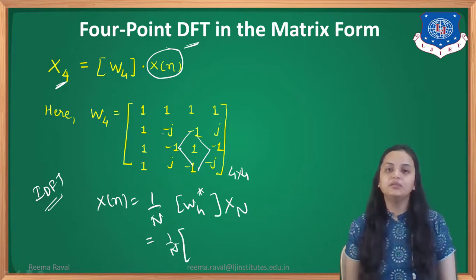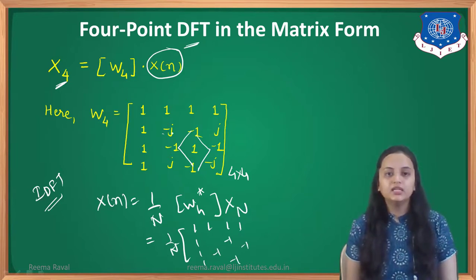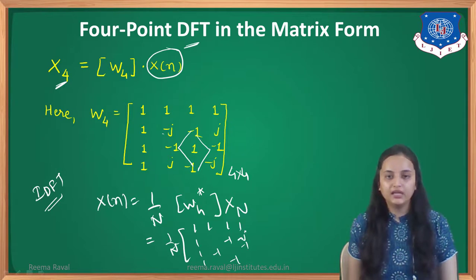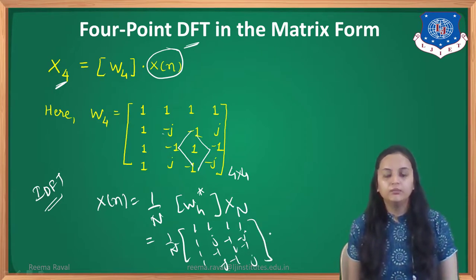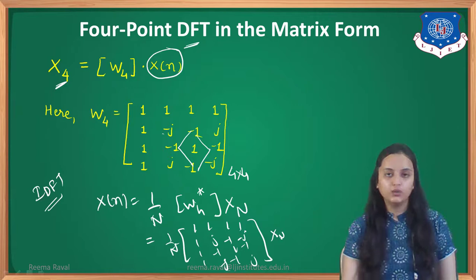almost similar to this except the arrangement of its imaginary values. That means over here we will place 4 ones vertically, 4 ones horizontally. We will place -1 forming the diamond shape. Then these j values are reversed. That means as you can see over here, -j are in this position, but now we will place -j right here, then +j over here. And in between there will be the value of 1 multiplied by the X of n value. So this is how you can find the IDFT from the sequence.